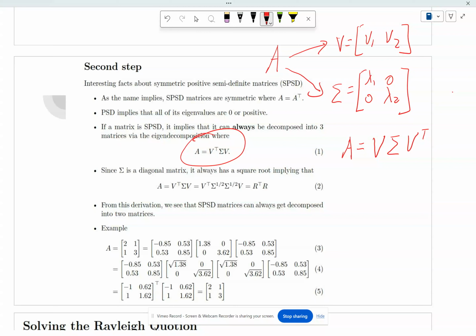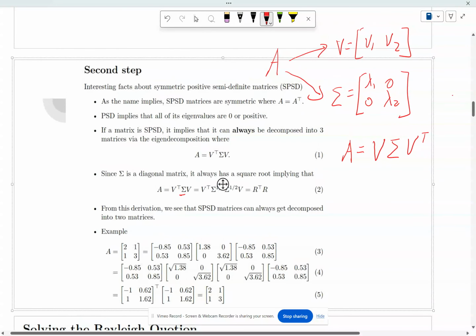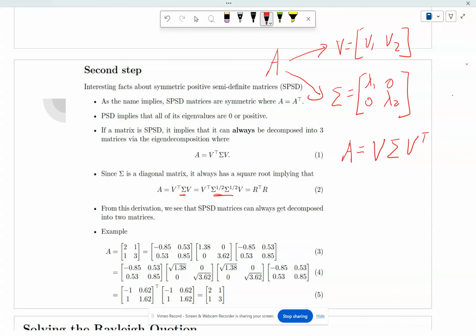So if you can always perform eigendecomposition, it implies that you can split the sigma into sigma to the 1/2 and sigma to the 1/2. So the interesting thing about a diagonal matrix is that if you have lambda 1, lambda 2, this is actually equal to